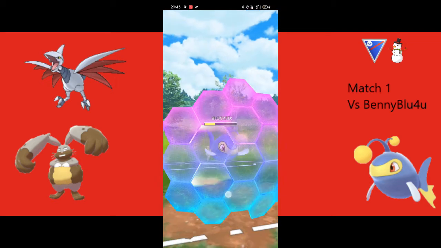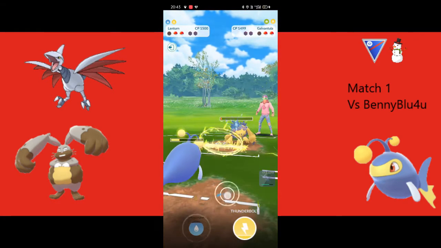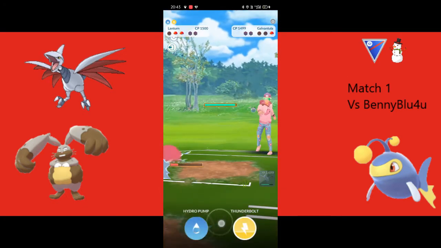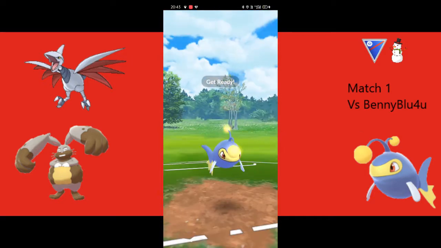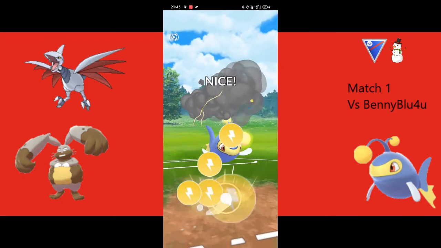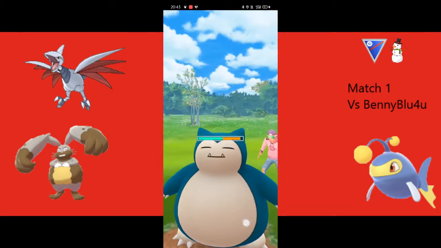I'll use my last shield knowing that I can farm Galvantula down here. And he'll come in now with Snorlax, and I'll just throw a couple of Thunderbolts. Well, I'll get at least one Thunderbolt here. I would imagine I'll probably get to... No, I might get to a second one actually. He'll probably...